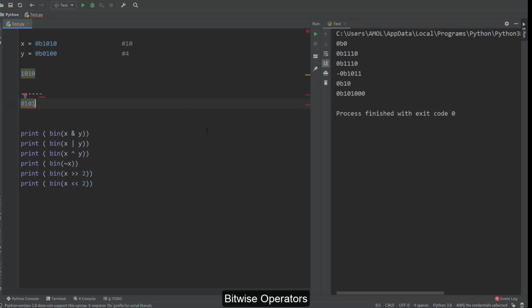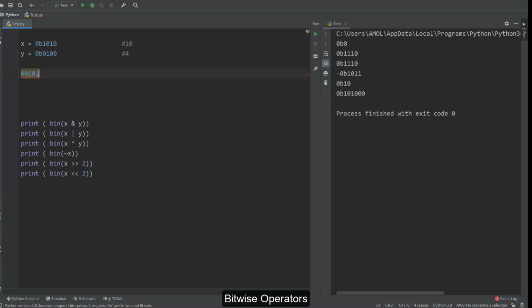Now according to this complement operation, this number comes out as a negative number, so that's why this negative sign is over here. Next operation is the right shift operation, where every bit is shifted right by 2. After shifting these digits to the right by 2, it will pad from the left side with 0 here.